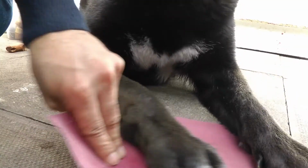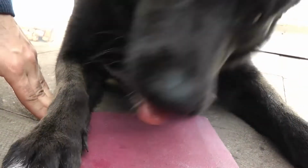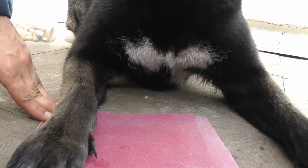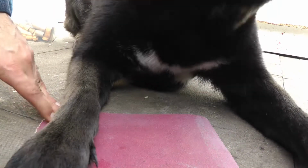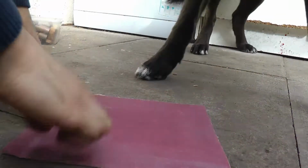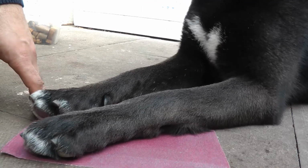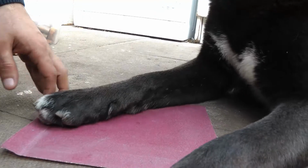And it's helping him maintain those nails so they're not sharp, because if he jumps or plays or anything, it doesn't cut your jacket or anything, or even scratch your hands. So this keeps his nails nice and non-sharp, whatever the word is. What's the word for non-sharp? Yeah, that word. So here you can see his nails are getting a little, wait, I've got a good clip